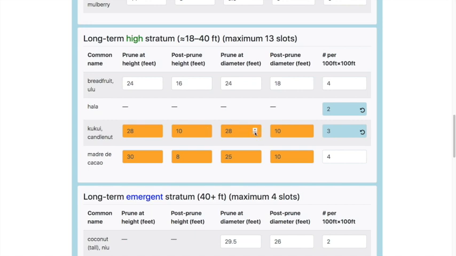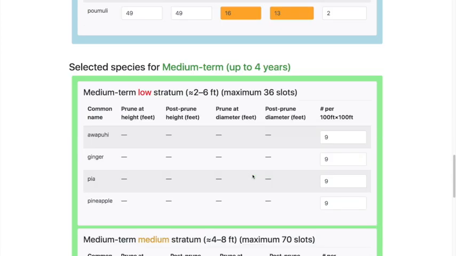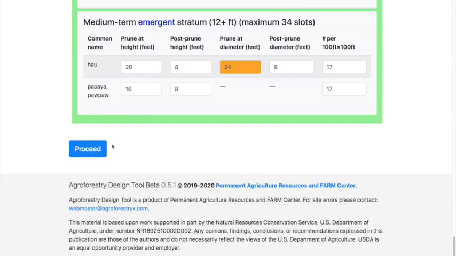So I'm thinking I'm going to reduce this and reduce this, and let's see if that resolves the situation.